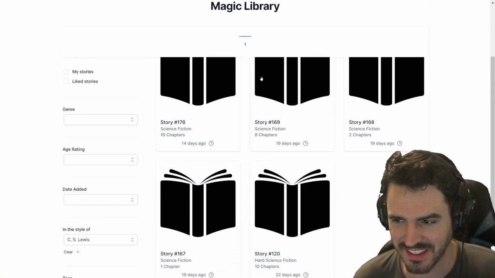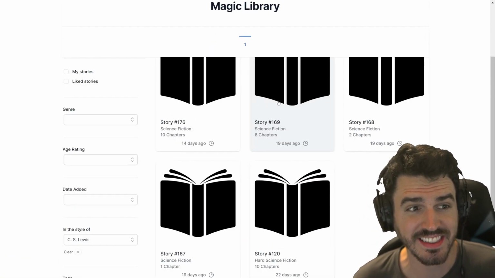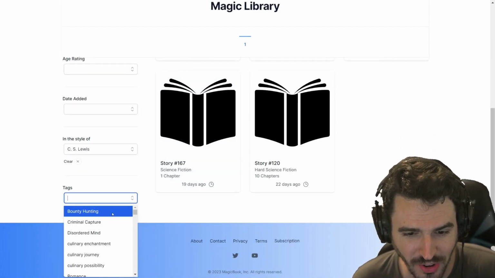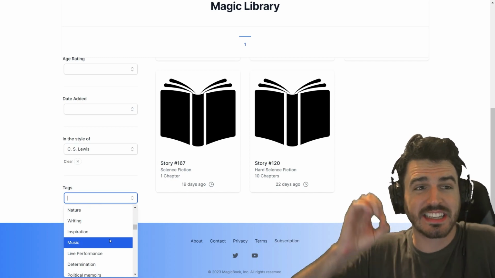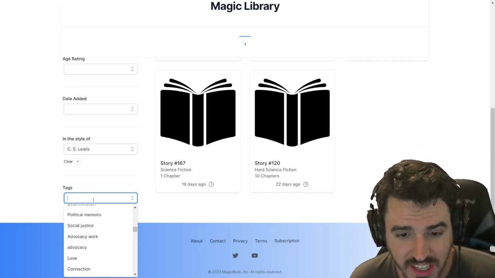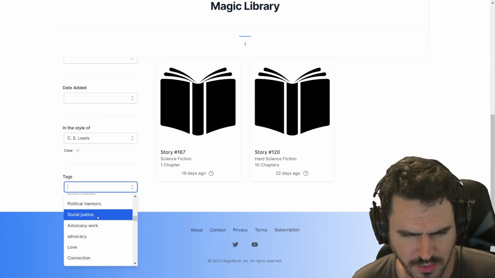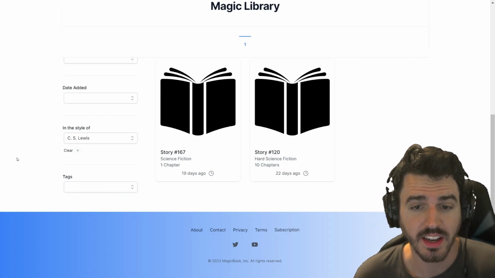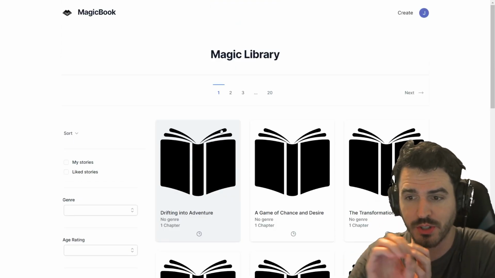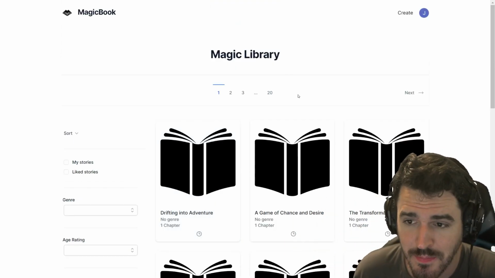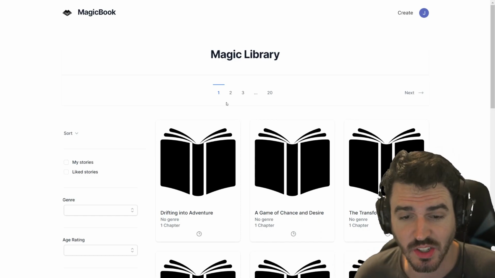You can see, okay, these are the stories that have been written in the style of C.S. Lewis. Also, we have a bunch of tags, and we have AI literally tagging every story as it gets generated. So you can search for the sorts of things that you want in your story. We're also going to have a full search bar so you can search people's names or stuff like that, and get all stories that include that.